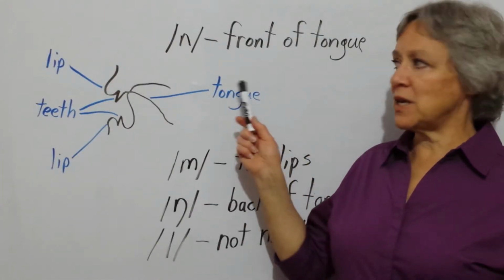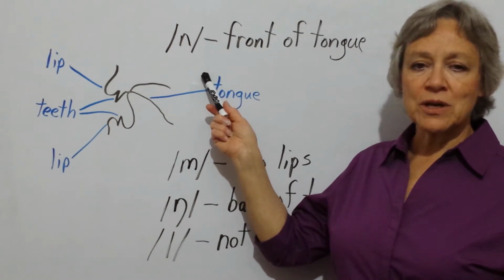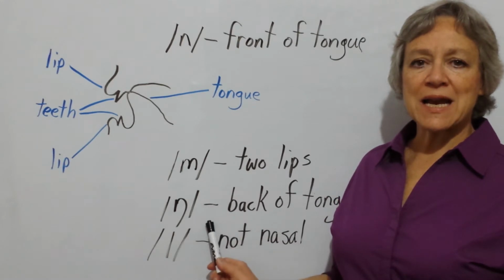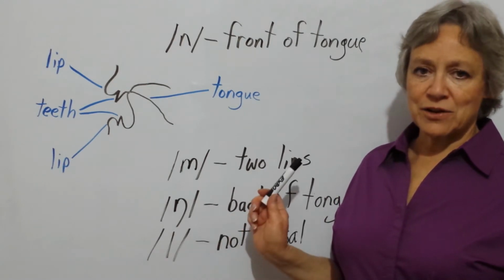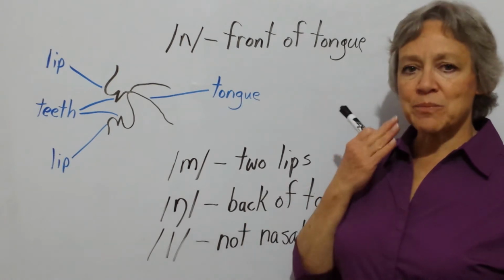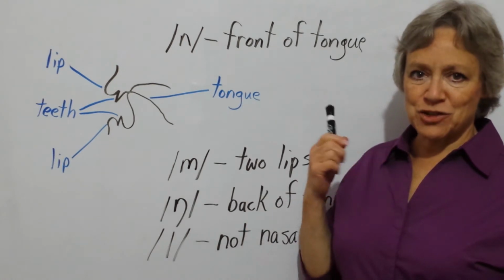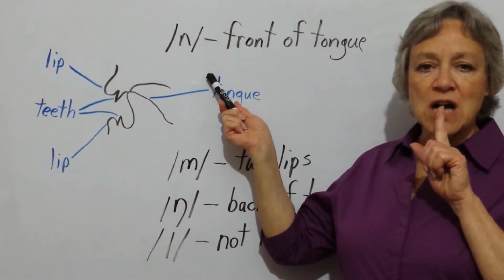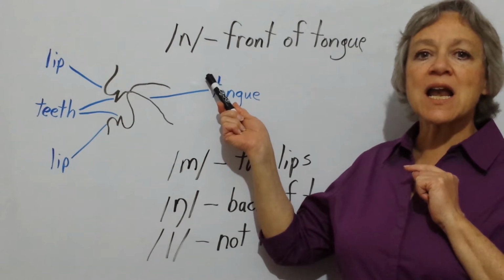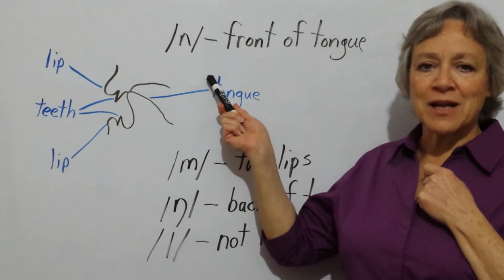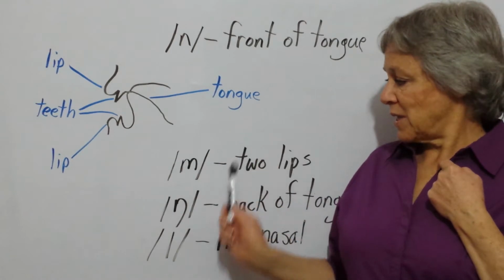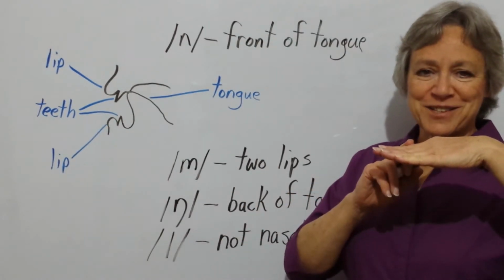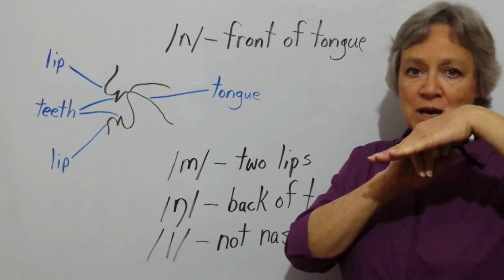Some people confuse the n sound with two other nasal sounds, and n. There is a big difference in these three sounds, though, in the position of the mouth. As I've just mentioned, the n sound uses the front of the tongue behind the teeth. I hope that you can see my tongue. And the air comes out through the nose. But with the other sound, we're raising the back of our tongue. We pretend this is my tongue. It's the back that is going up.